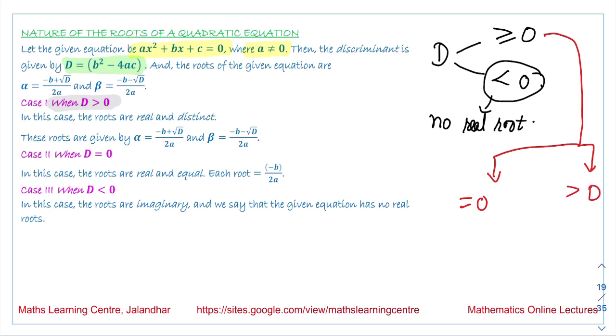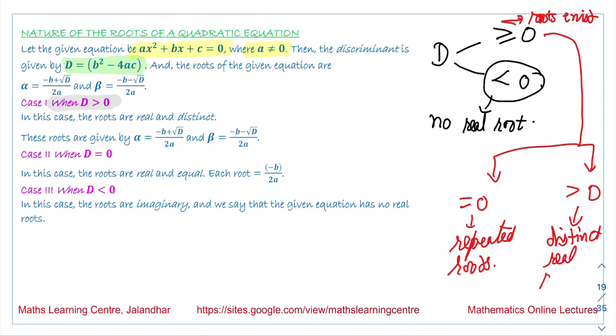It means when this is greater than or equal to 0, then roots exist. It is for sure that these roots exist. When it is equal to 0, then we have repeated roots, and when d is greater than 0, then it has distinct